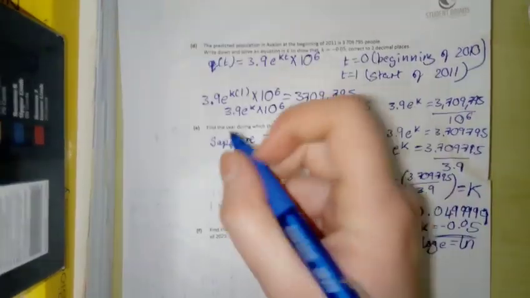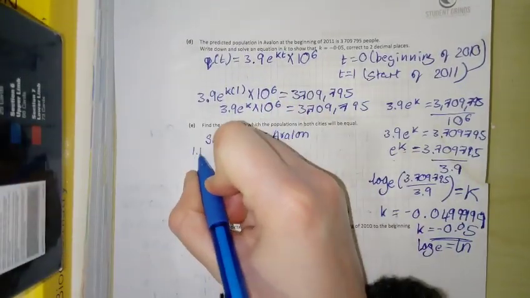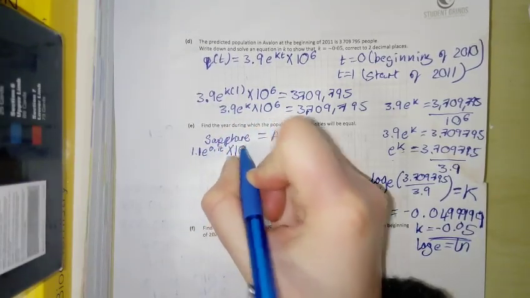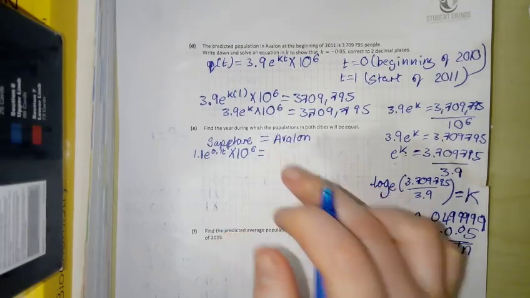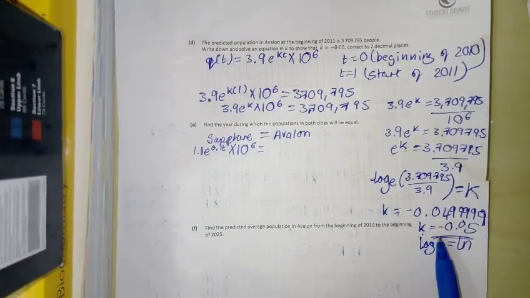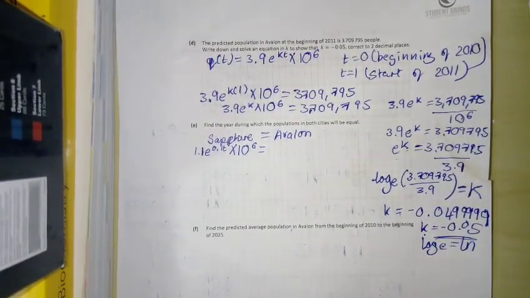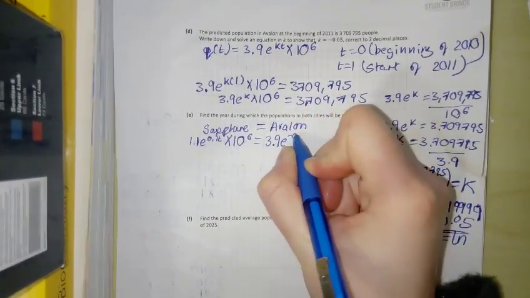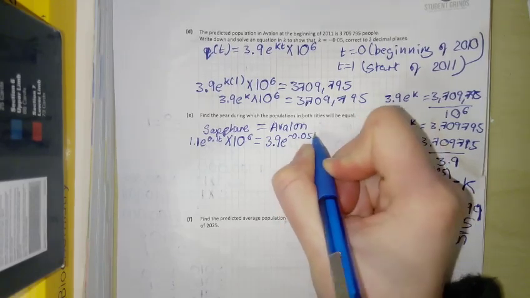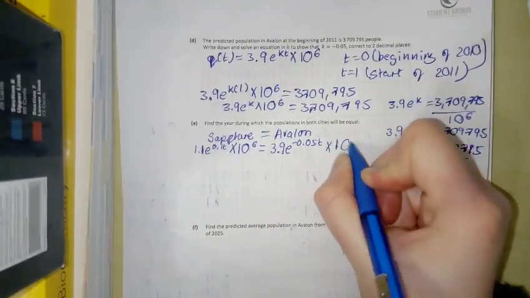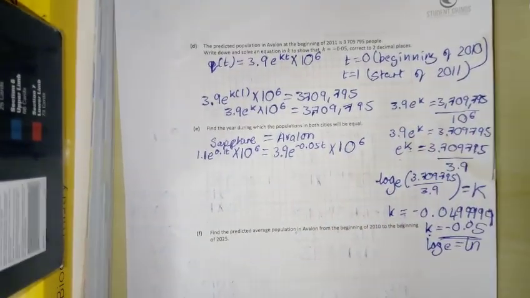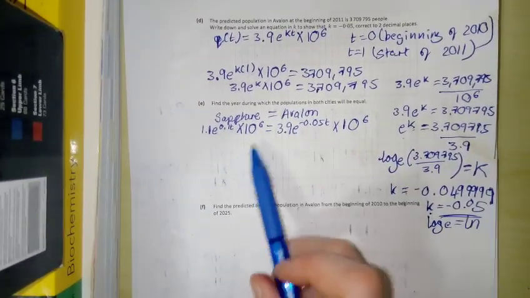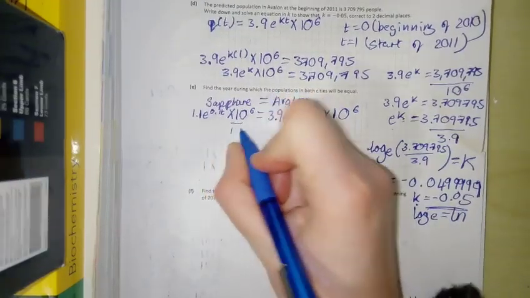So our equation for Sapphire is going to be 1.1 e^(0.1t) times 10 to the power of 6, and for Avalon we figured out that k was minus 0.05, so we're going to let that equal the Avalon one, e^(-0.05t) times 10 to the power of 6. So we're going to have to solve this for t. We could divide both sides by 10 to the power of 6